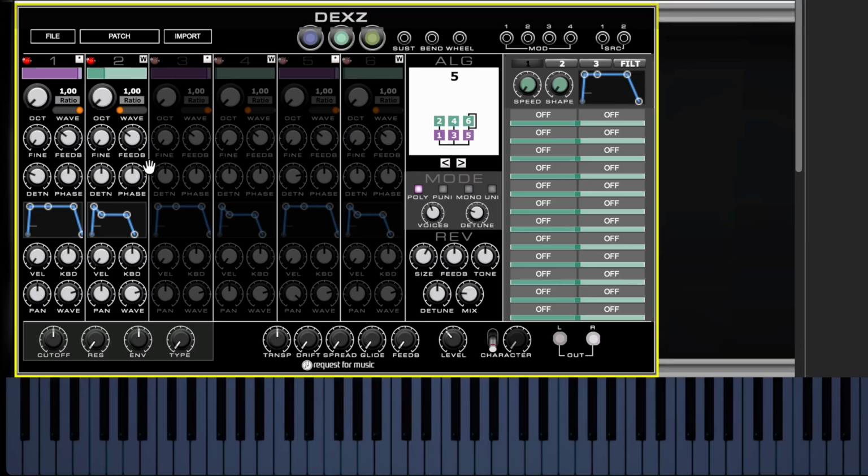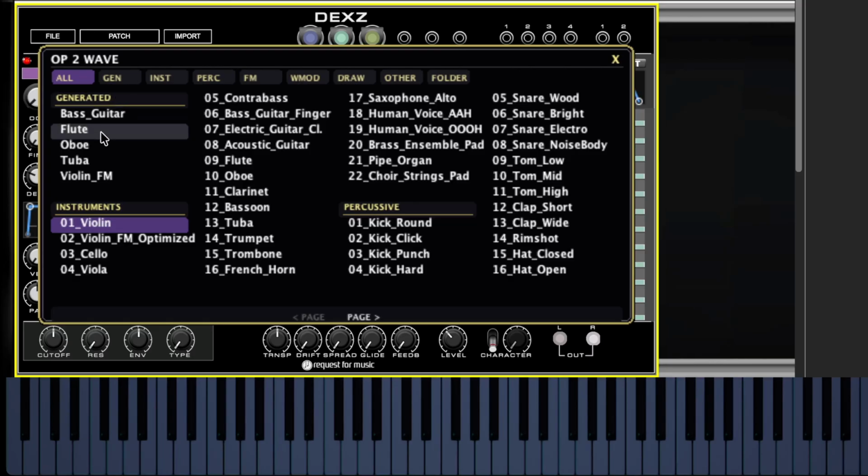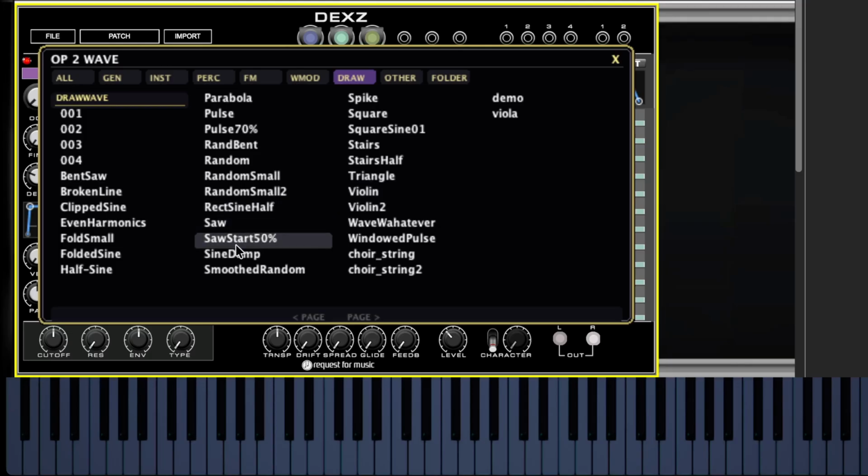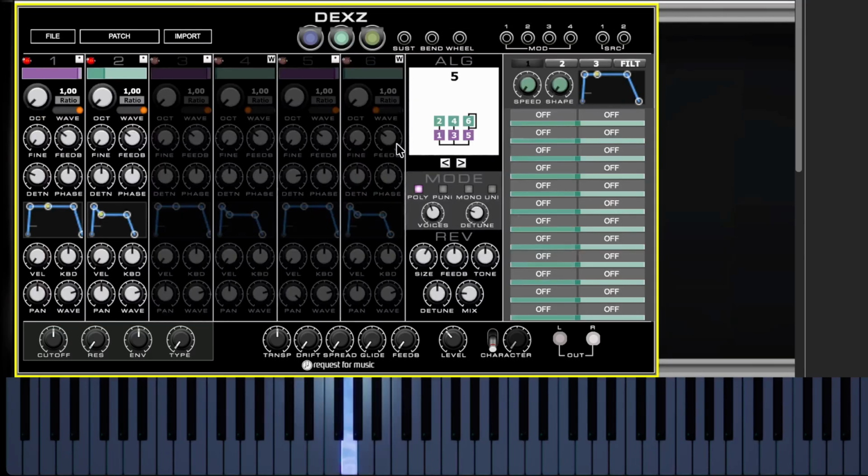And now I'm going to use the same square wave. So square, square, square, and you hear, and I'll also put these up. So you see, this is the fast way of doing it. Because of the detuning,